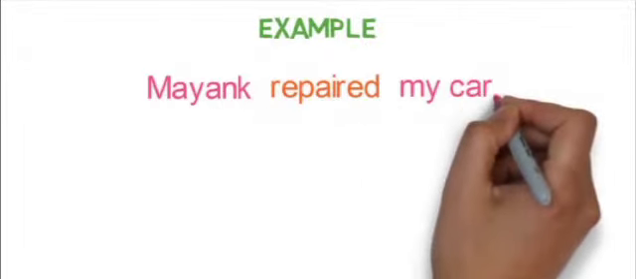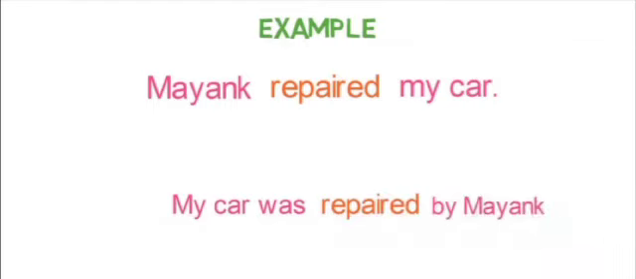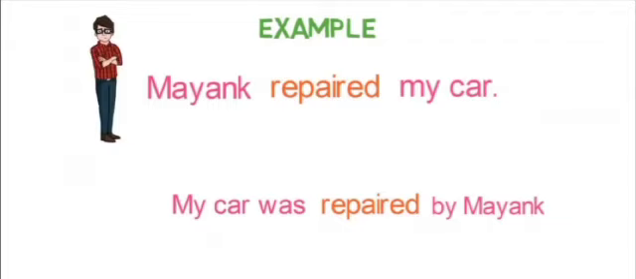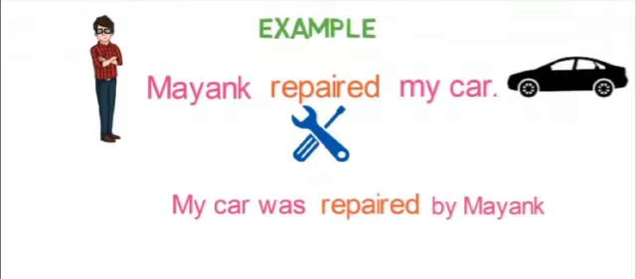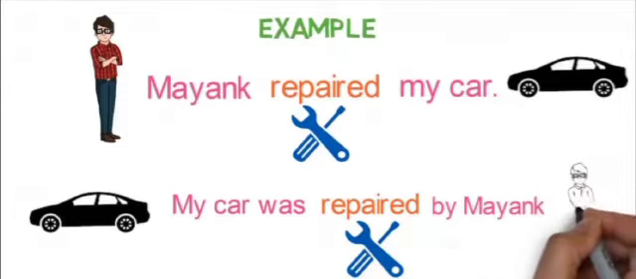In active voice, Mayank repaired my car. Same sentence in passive voice is my car was repaired by Mayank. In both the sentences, meaning is the same, but the context changes. In the first sentence, subject Mayank is given more importance, and we get to know that he is the one who is performing the repairing activity on the car, which is an object. In the second sentence, we are giving more importance to the object car and action performed by the subject rather